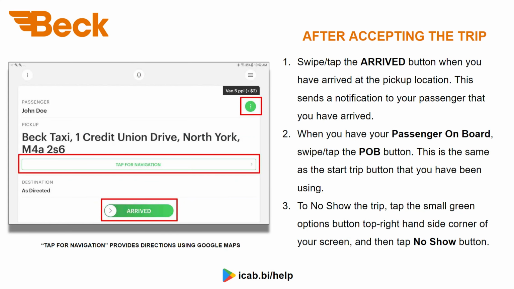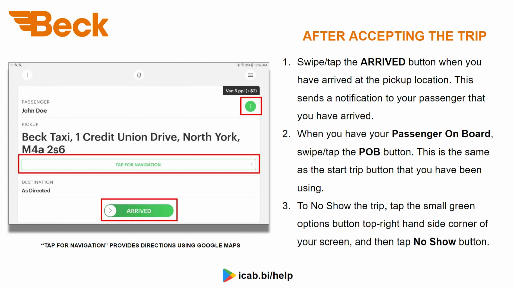After accepting the trip, swipe or tap the arrived button, and only when you have arrived at the pickup location. This sends a notification to your passenger that you have arrived. When you have your passenger on board, swipe or tap the POB button. This is the same as the start trip button that you have been using until now. To no-show the trip, tap the small green options button, top right-hand side corner of the screen, and then tap